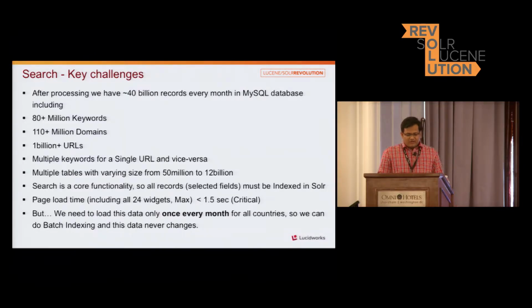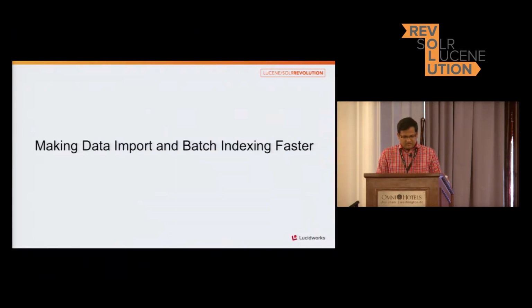But we have an advantage here. Because we are getting data once a month, we can do batch indexing. And since this data never changes, we can take advantage of caching. So whenever a user makes a search, we can just retrieve it from the cache. Now we maintain 1 year of data. As of now, we have 1 year of data. The policy is that whenever the next month comes, we remove the 12th month and replace it. I'll just go to the next slides, then we can see more.